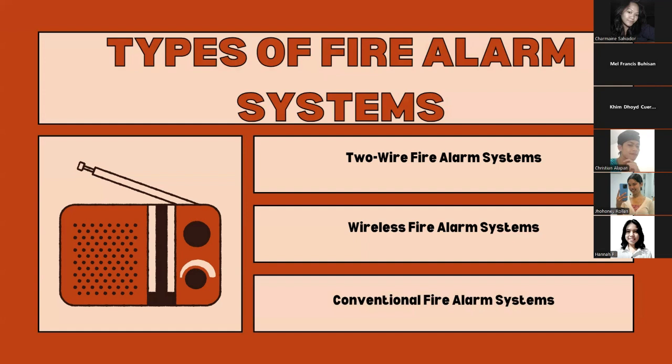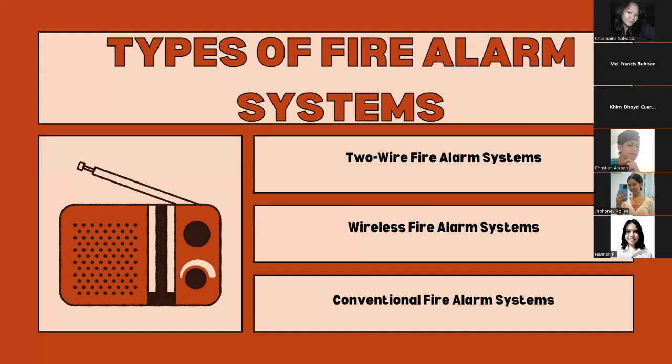The second one is the wireless fire alarm system. With a wireless system, you'll have a fire alarm without cables connecting the detection device to the fire alarm panel. This system relies on multi-frequency links for heightened functionality, maintaining signal strength for constant protection.